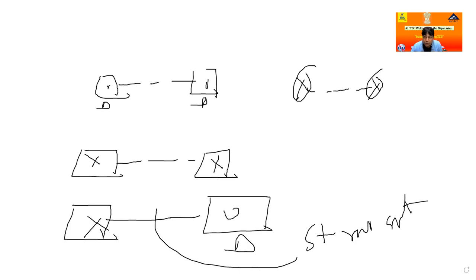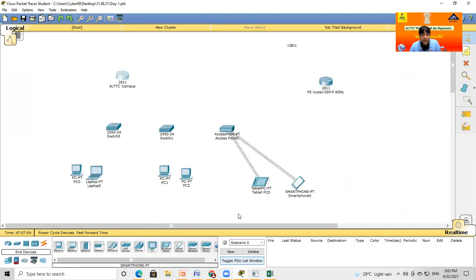Now let's go to the practical again here in Packet Tracer. If I want router to router communication, which type of cable is required? As per our discussion, crossover cable. Just go here: router, switch, end devices. Click on the different types of cable you can see here.